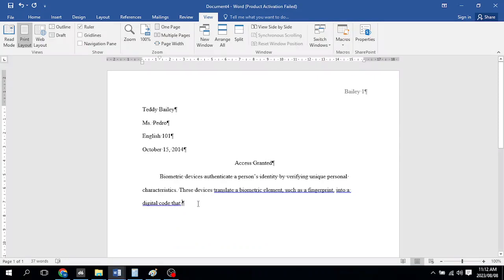Alright, I made my space. It fixed my mistake, and now I'm continuing with my sentence. That is complete. Oh, what is compared? I mean, that is compared with a digital code stored in a computer. Okay, we've done that. Okay, it seems like we have done the first 20 pages,